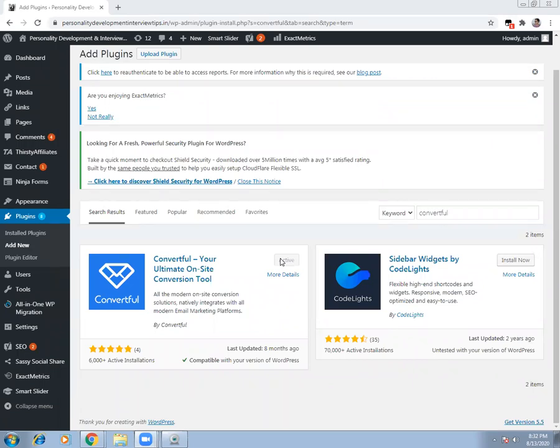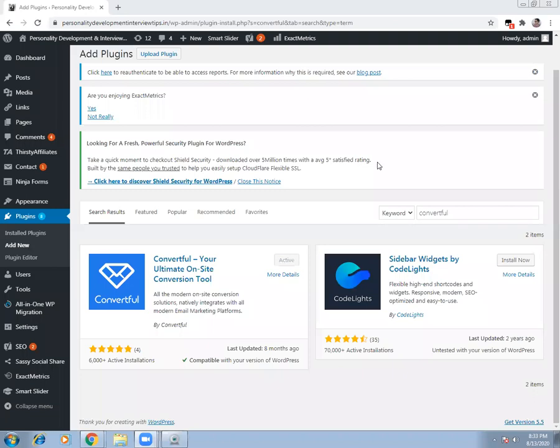We were discussing Convertful, which is a tool that will help you track your visitors who are interested in your offering, and you can start sending customized one-on-one emails to them. Today we are going to understand how you can connect your website to Convertful. There was one more concept, called the sidebar or side widget, which I couldn't complete yesterday. I will complete it, and then we will leave the session open for Q&A.